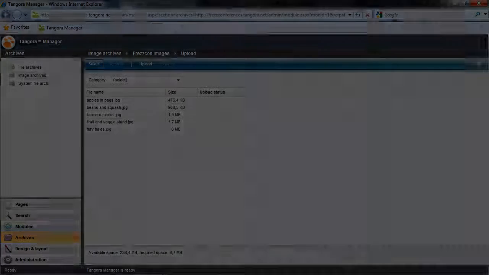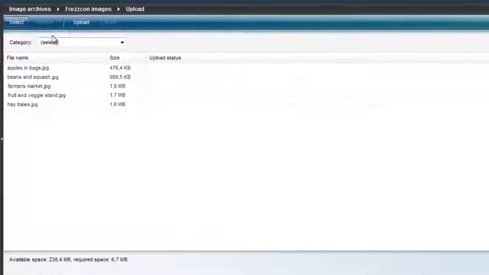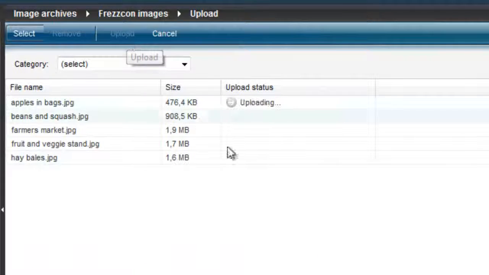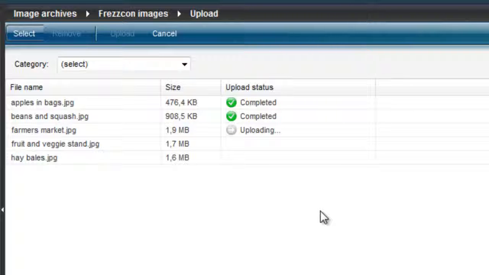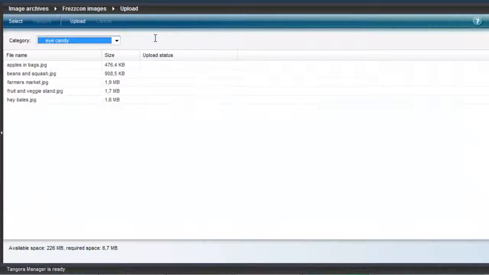Let's say I make a mistake and I forget to indicate which category I wanted to upload to, meaning that I wind up uploading my images without a category and thereby without resizing and without being able to use SmartView to locate this grouping of images. No problem. What I could do is I could upload them anew, this time remembering to choose a category.